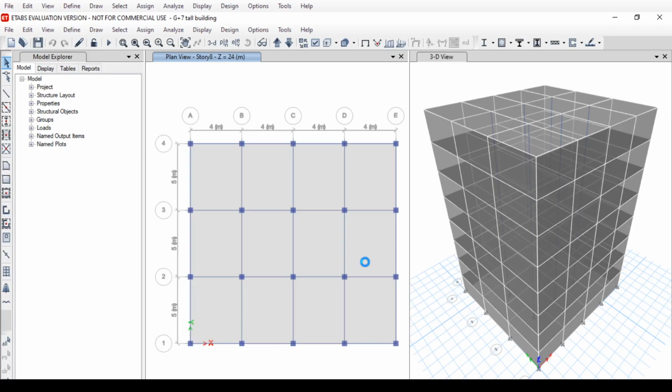Wait for some time, the software is running. The running process is also seen in the left bottom corner.